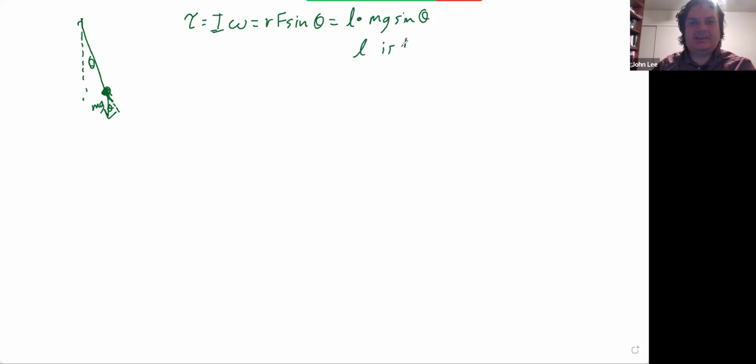So what this means is that torque equals I alpha, which is equal to R F sine theta, which is equal to L times mg sine theta,